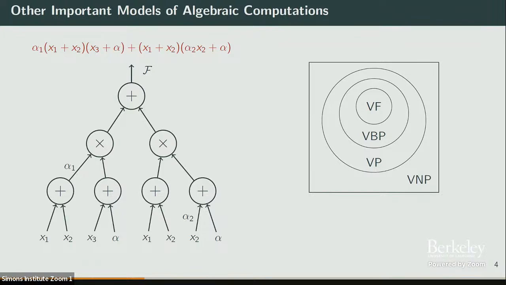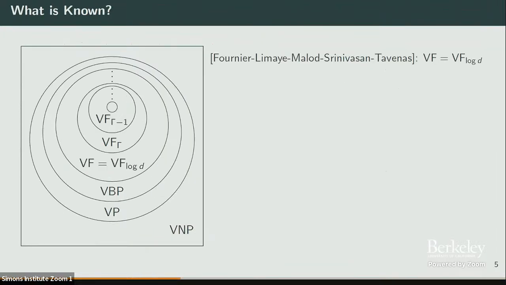And apart from the VP versus VNP question, an extremely important question in algebraic circuit complexity is whether each of these inclusions is tight or not. So, in general, this VF, I have added a few more things, but very recently, this year, it was shown that VF is actually equal to VF log D. What does log D mean? It's depth log D. Okay, so VF is equal to VF log D,